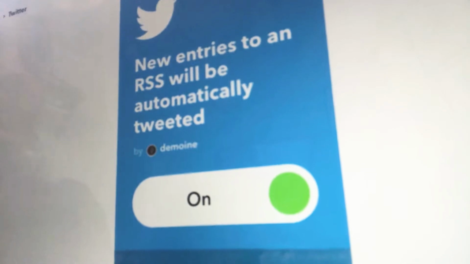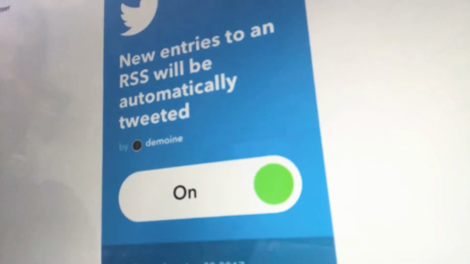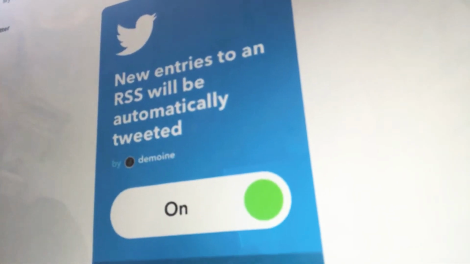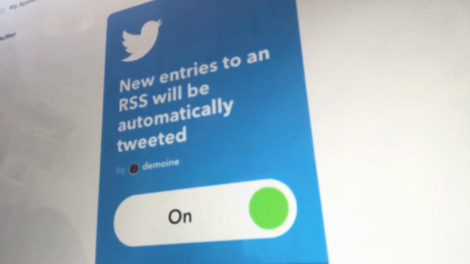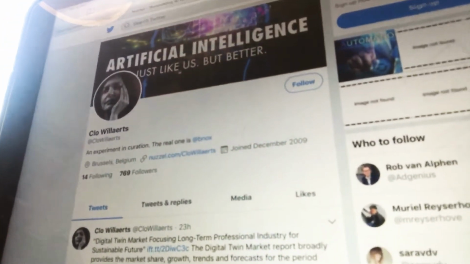whatever Google News thinks is the most important news item of the day about a number of subjects like artificial intelligence and digital twins, which are topics that interest me a lot. And this selection by Google News is an RSS feed, and RSS is a way to automatically transfer content from one medium, in this case Google News, to another, in this case a Twitter account. And this is how my so-called fake Twitter profile, twitter.com/Willaerts, is not really me.